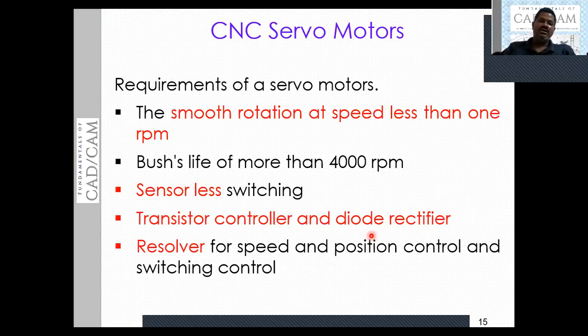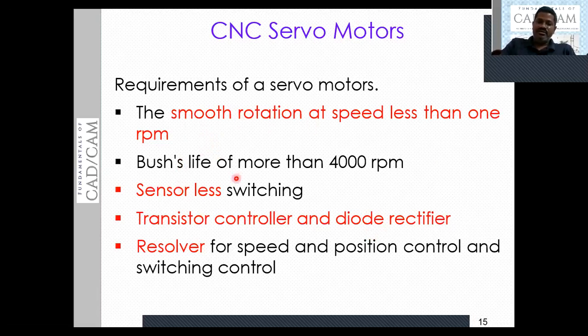The torque is going to fluctuate at very low speeds, but the servo motor should be able to rotate with uniform torque. So it must be smooth in rotation, meaning the rotor must be able to rotate with uniform torque. That is the meaning of this sentence.